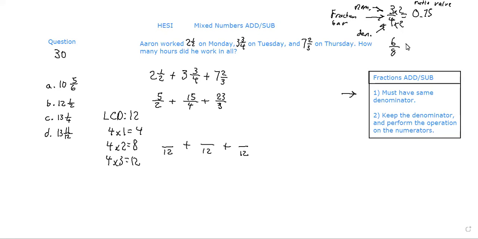us 6. Now, we said that if we divide this 6 by 8 and we get the same ratio value, these are equivalent fractions. And when you do this in your calculator, 6 divided by 8, it indeed does give you 0.75. So because they have the same ratio values, they are equivalent fractions. Right? Now that we understand that, we can go ahead and finish our problem. So coming back here,